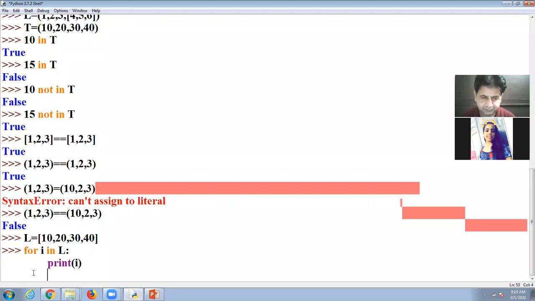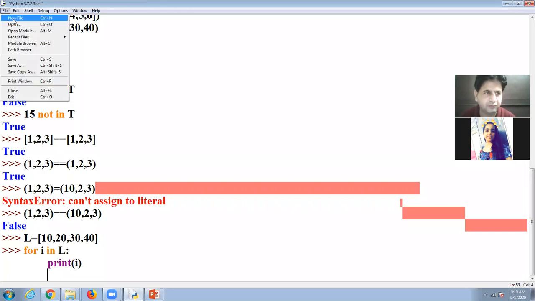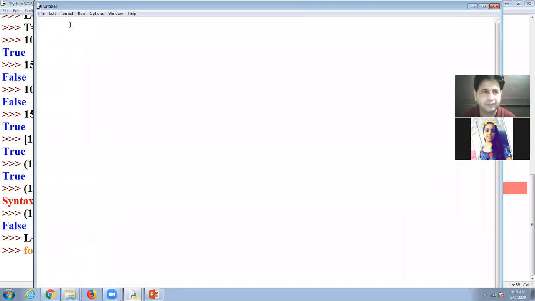because we have multiple statements, we will have to use the program. Suppose I take a list, the values are 10, 20, 30, and 40. And after that, I use for i in L and print i.